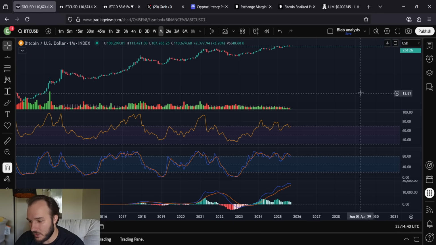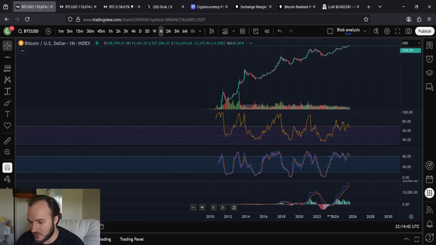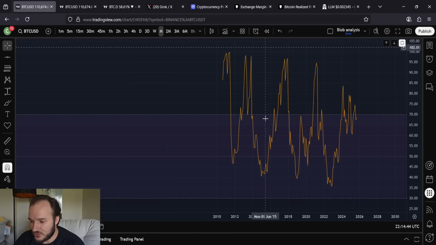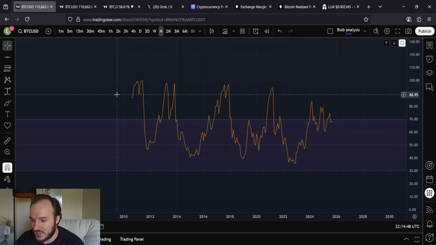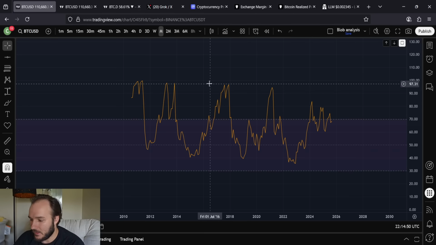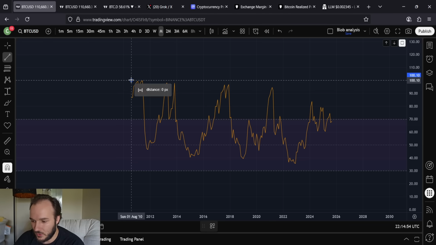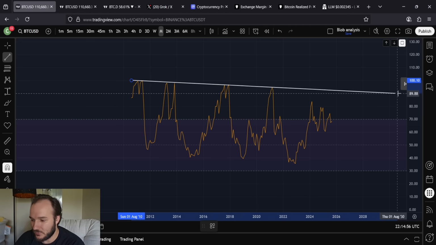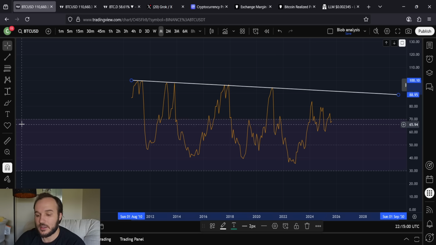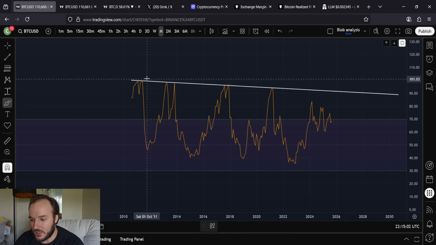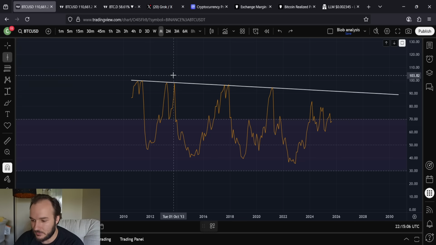If we're looking at this on the monthly time frame, okay, on the monthly time frame specifically, you can see that every single cycle, Bitcoin has had two peaks in its RSI before it ends its cycle, right? Here, and if we look at this trend line here, right, you've also corresponded with this trend line every single cycle. It's the second peak after hitting this trend line that you do top off, right? Here's the second peak, and you know what? I'm not even going to draw circles. I want to put lines there. Let's put vertical lines there.